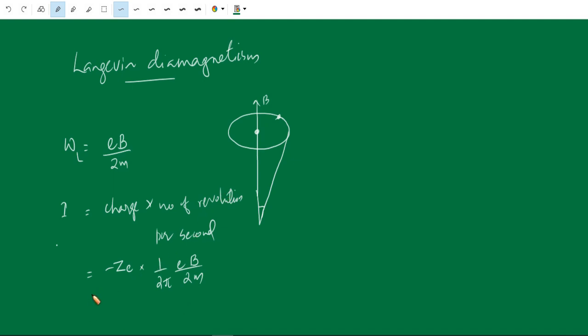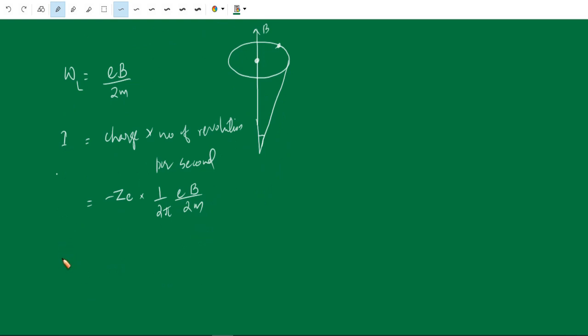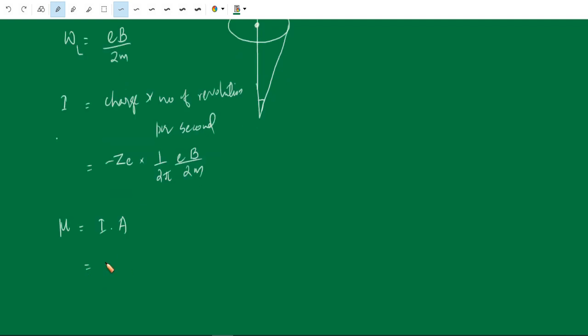Therefore the magnetic moment of the current loop is given by mu equal to the current in the loop I times A, the area of the loop. We have studied this relation in our elementary classes: the magnetic moment of a current carrying loop is the product of current and the area of the loop. We can write this as minus Ze times eB divided by 4 pi m, into the area of the loop, which is pi